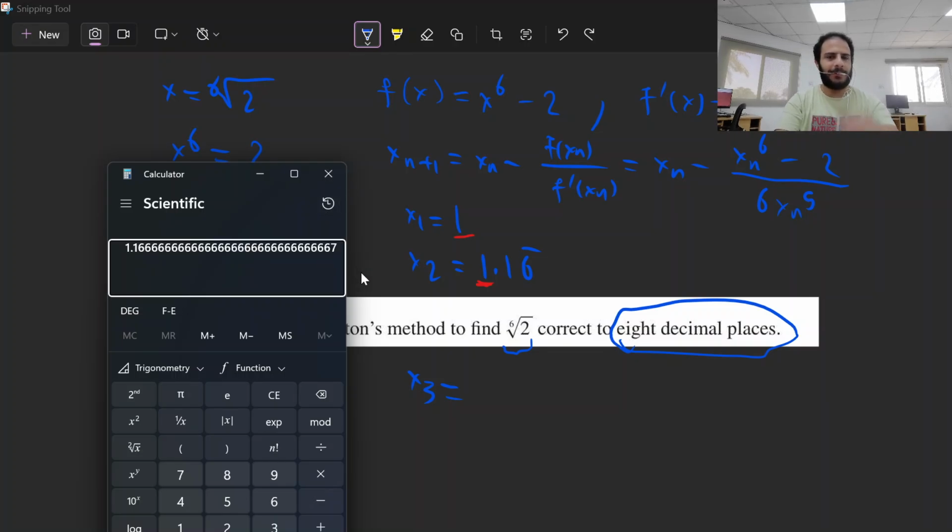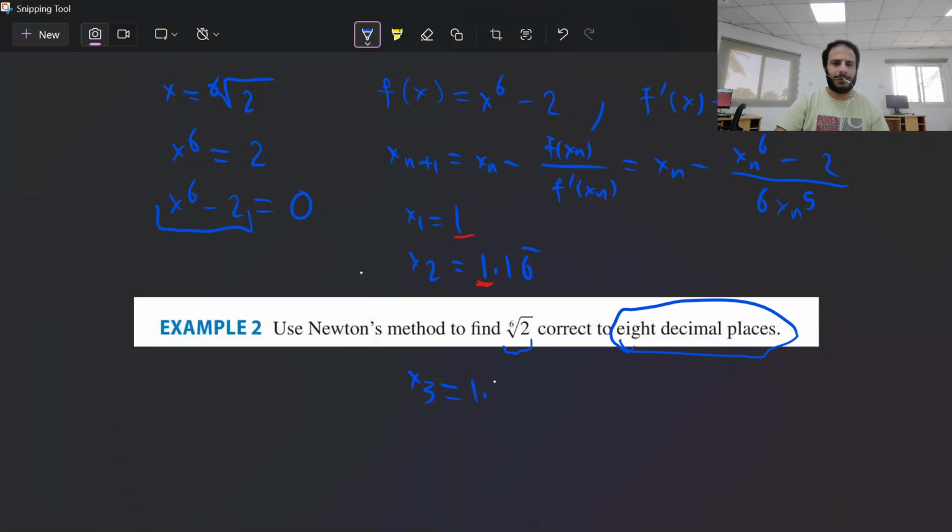We start with x2 minus, you open 2 parentheses, then x2 power 6 minus 2, then you close the parentheses, divided by 6 times x2 power 5. You get this, 1.126